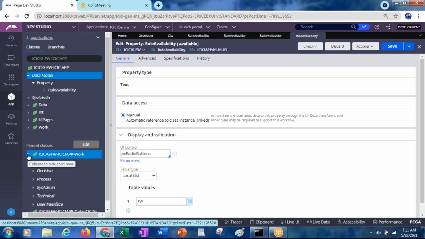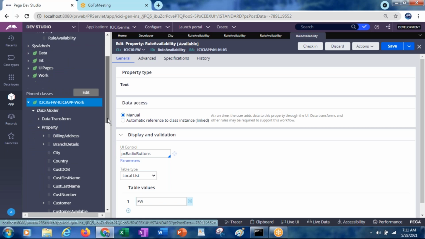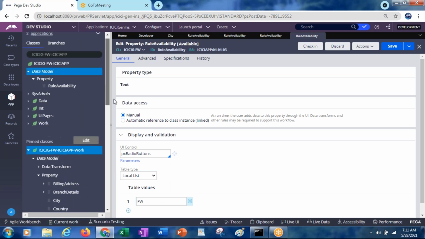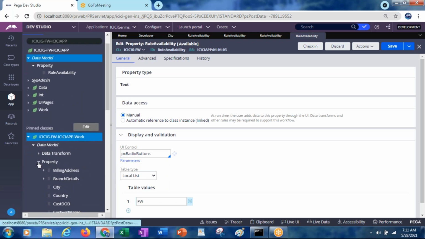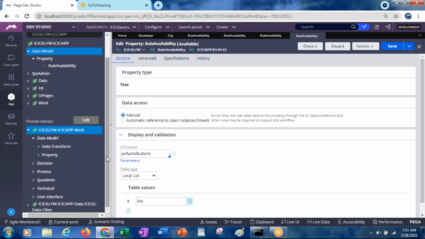So we have the same under the work class also. Rule availability, here also we have it. So like this, the same property is created in 4 places. Mainly in 3 classes, but 4 rules. Under the work class we have 2 versions.